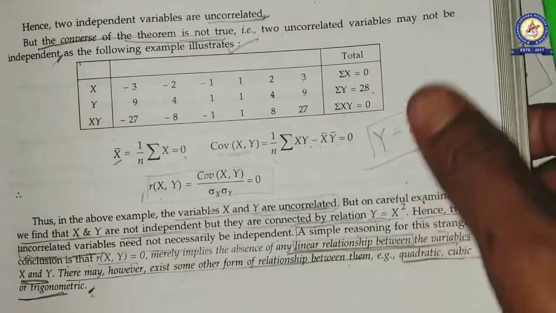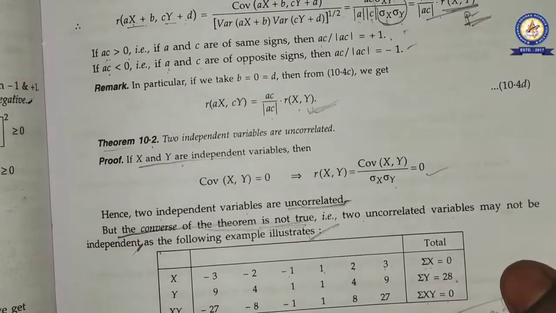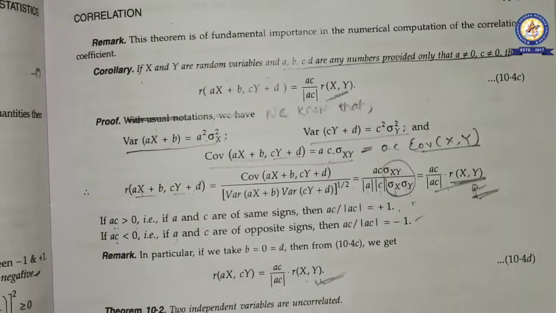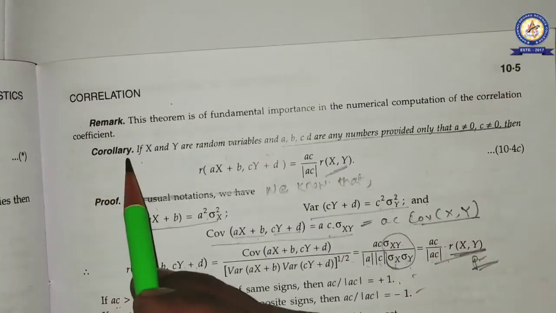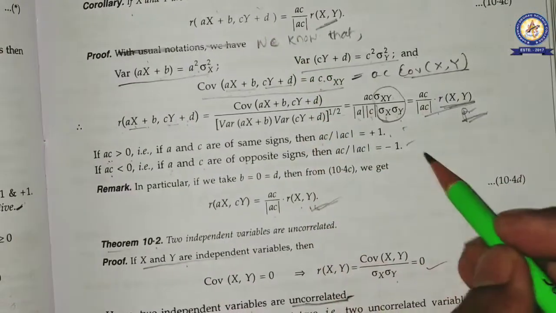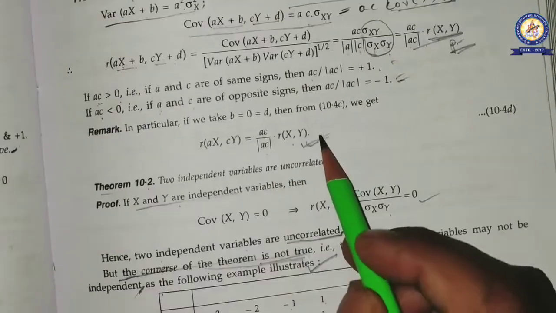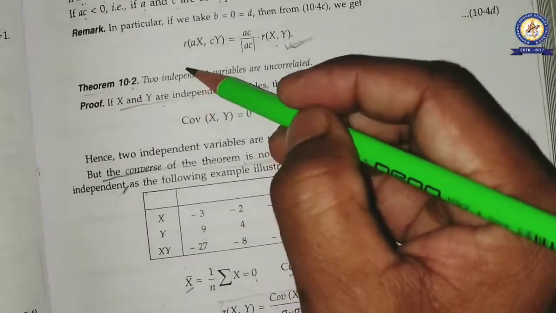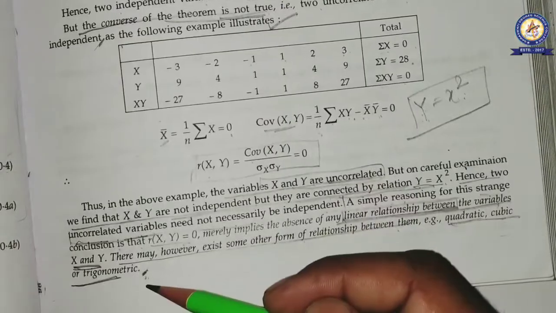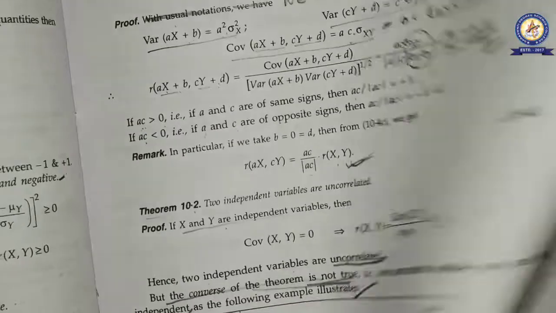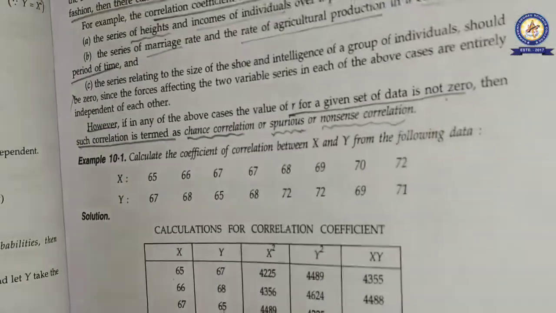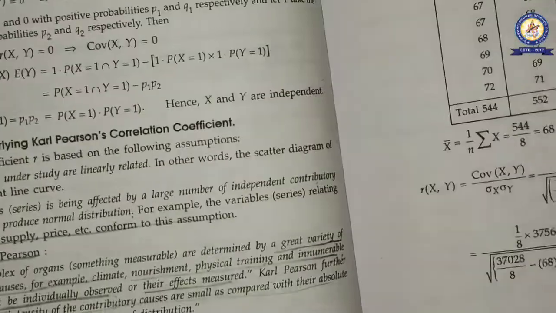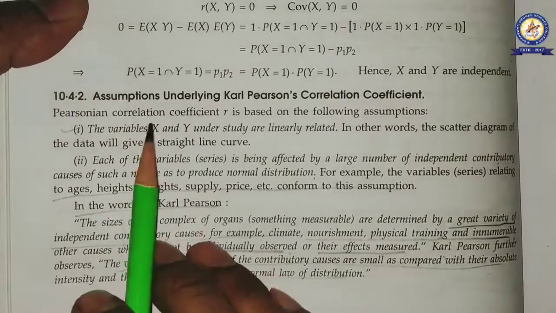So here we have to stop our discussion. I suggest that in the way I told you, you write down the note: this is your theorem 2 or corollary, this statement up to this much, then the remark also you have to write, and theorem 3 starting from here and ending here. So next, write this down in your note, watch carefully, and in the next class we are going to discuss the assumptions underlying